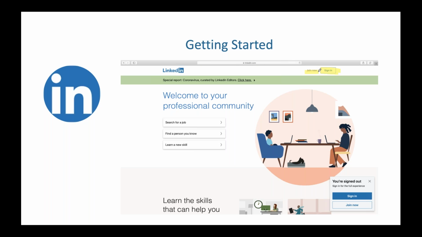What I would do is use an email address that you know you're going to always have access to. So for some students that wouldn't be your high school address, you might want to use a personal address. And people can contact you via email if you allow them to. So if you haven't already done so, you probably want to create an email address that is professional, probably the one that you would use to apply to scholarships.